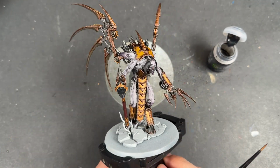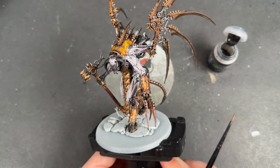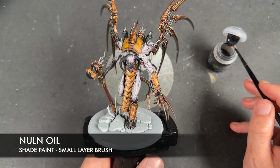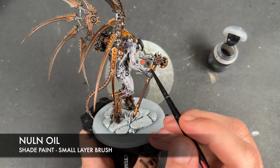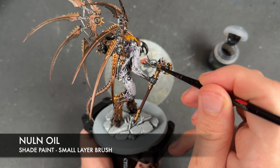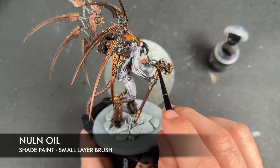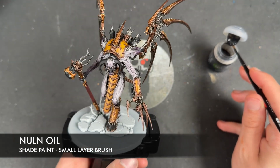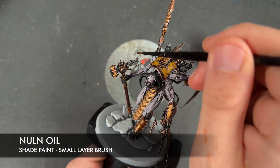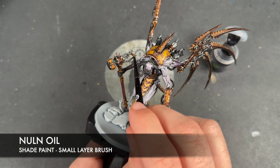So with that Agrax Earthshade applied all over, as you can see, what we're going to do now is take some Nuln Oil. And we're going to apply this over a couple of different details. So of course, you know what you're thinking. I'm going to paint this over the top of the remainder of our silver details, and you would be absolutely correct in that. So for example, just up here on the hammer, we've got some silver details back here that we haven't put any Agrax Earthshade on. Now this might be different for you. You might have put Agrax Earthshade everywhere. In which case, you probably won't need to add any Nuln Oil to any of your silver details. However,